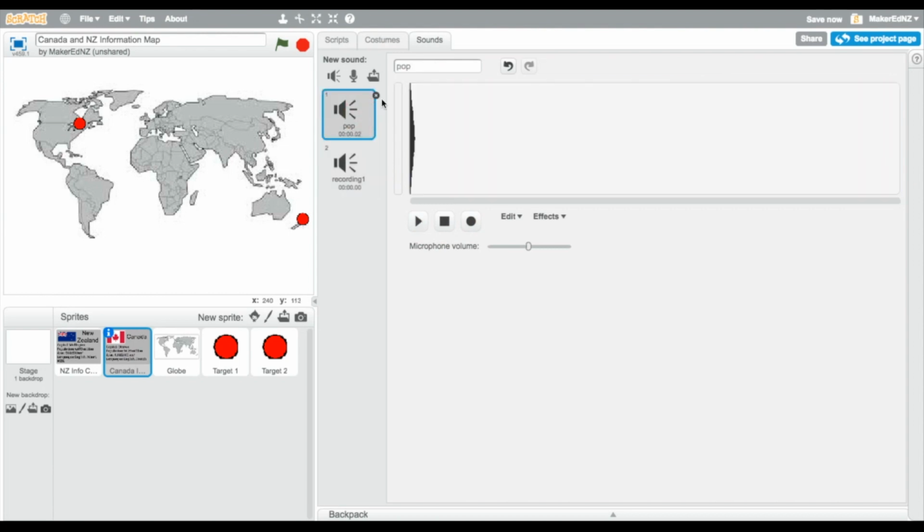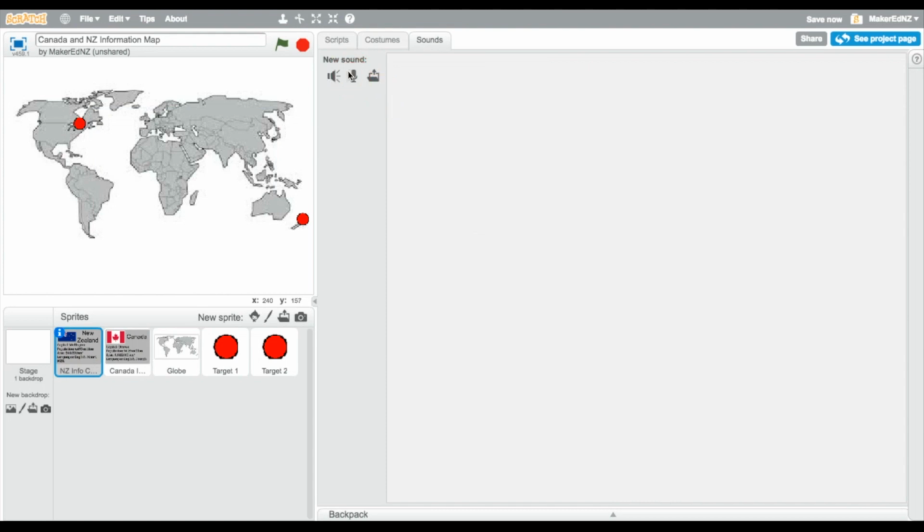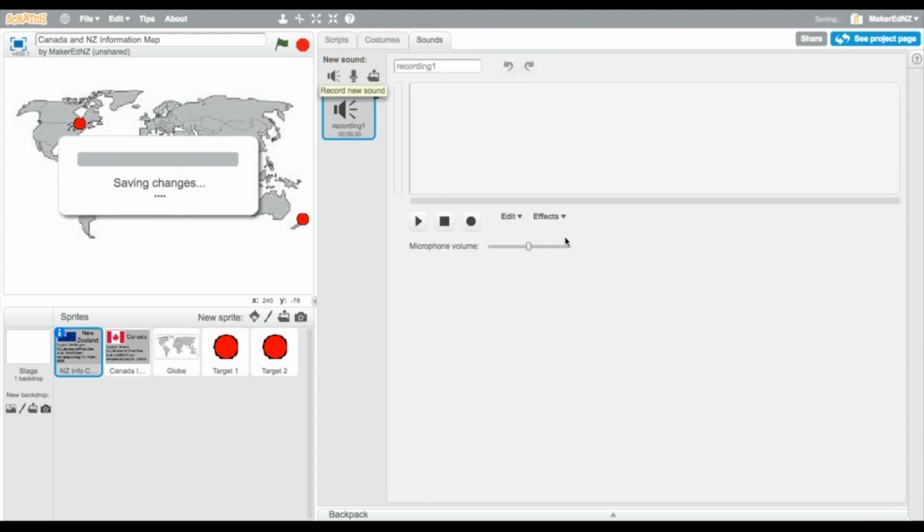And I'm going to delete this other pop sound and go to the New Zealand card, delete the pop sound, record a new sound,